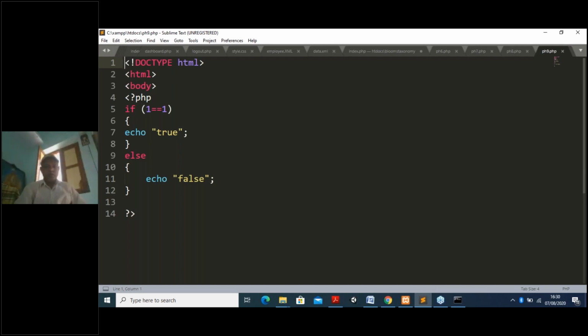Okay, so now, because we need some more concentration on this PHP and MySQL, that's why I started this one first. Then we'll be going for Ajax. Now here I am going to use this if else condition. Okay, then it is simple. You start your PHP program and end your PHP program.